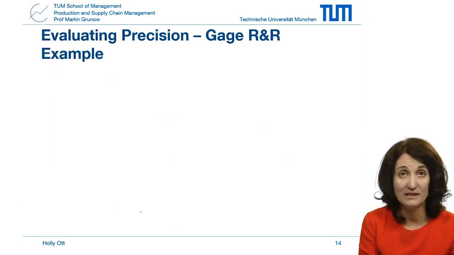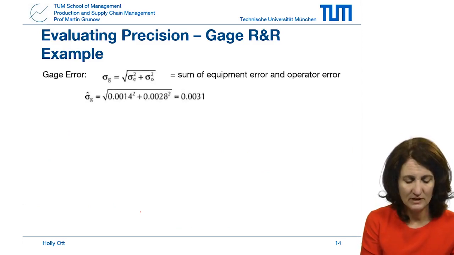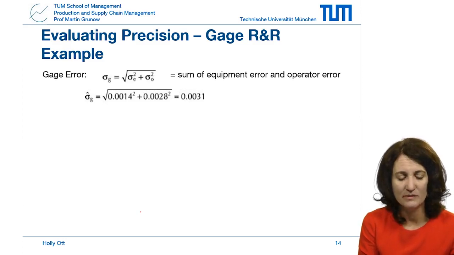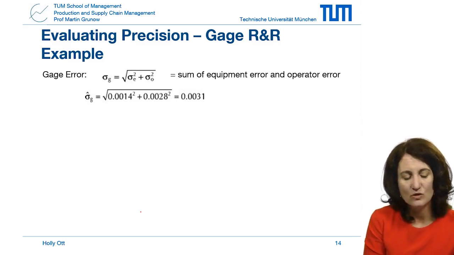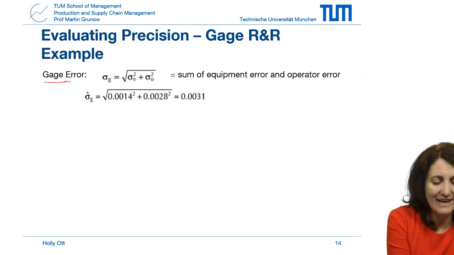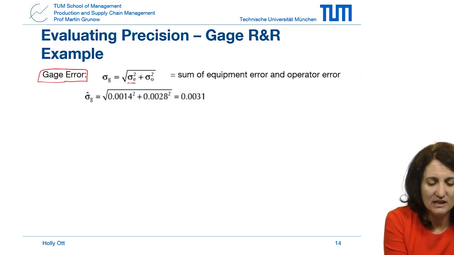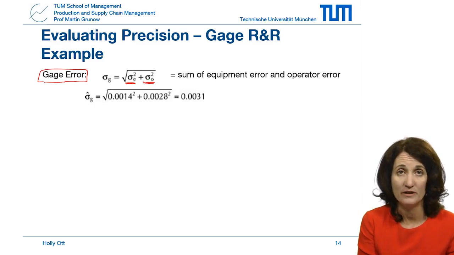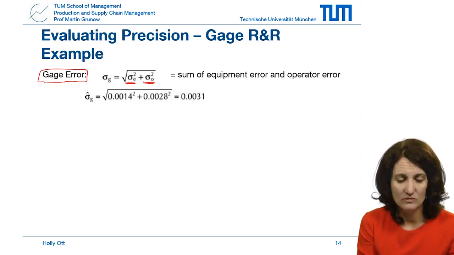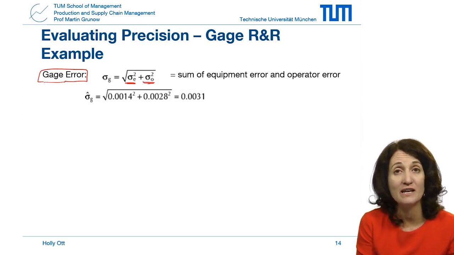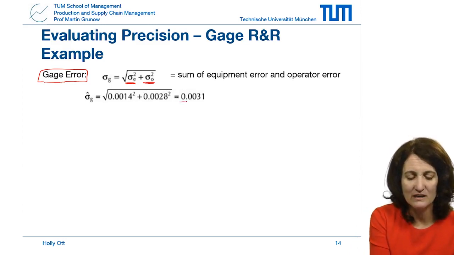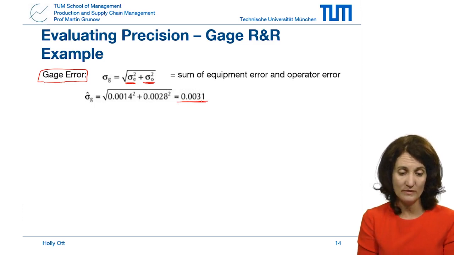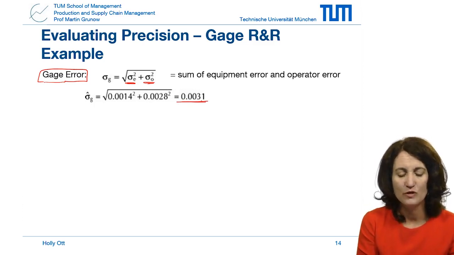So, just to summarize this, we've obtained estimates for reproducibility and repeatability from the data. We've estimated that with our sample standard deviations. And so we can say that the overall equipment or gauge error is going to be the sum of the variation from the equipment itself plus any variation from the operators. And so we can estimate that also as a standard deviation by adding the variances and taking the square root. And overall, we get a gauge error, reproducibility, and